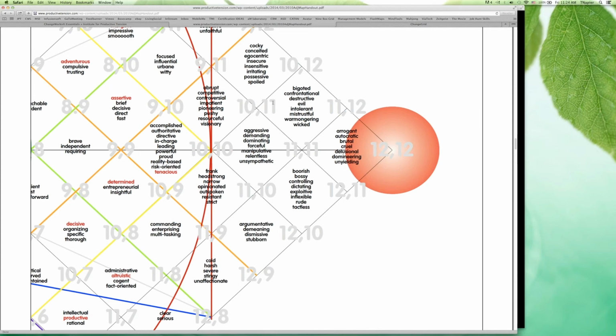And then I have to say, yeah, but what's its third energy? Now let's get into more of the subtleties and nuances. So do we kind of feel that there's a little bit of amiable in this, or a little bit of driver? What's that third energy all about? And that's what allows us to move the words into the exact locations you see them in right now.